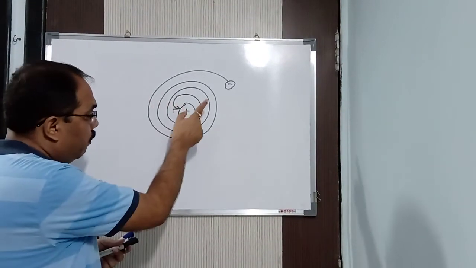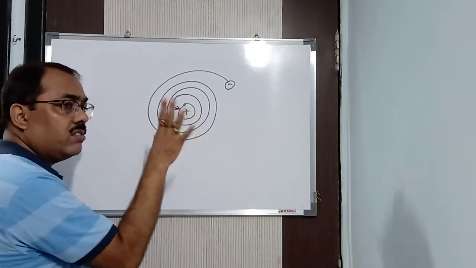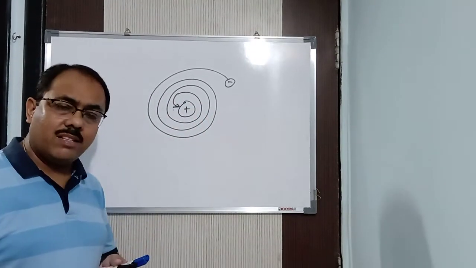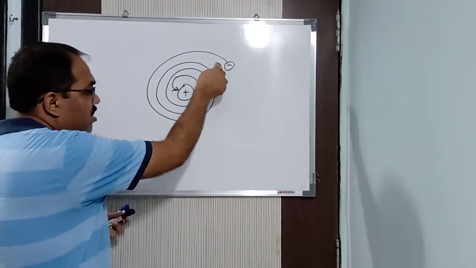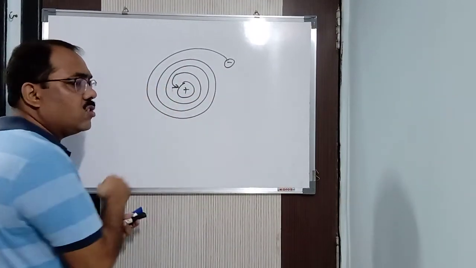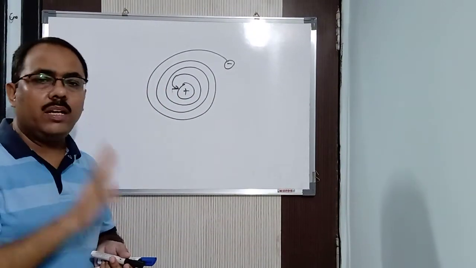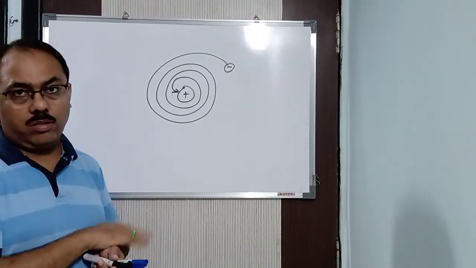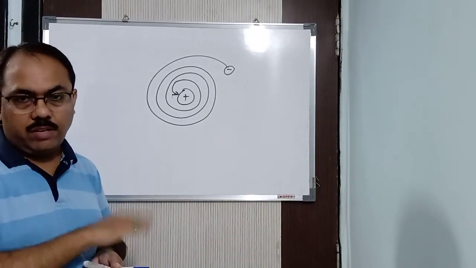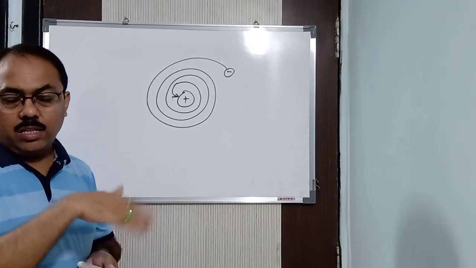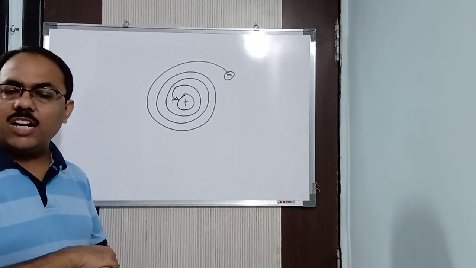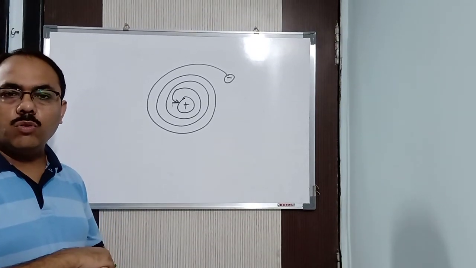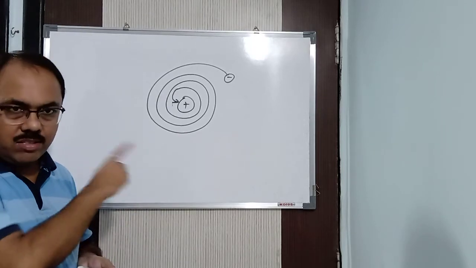They are macroscopic and they are neutral: sun, moon, earth and all these things, planets and the sun. But here the electron is a charged particle and the nucleus is a charged one, and it is microscopic in nature. So there is no comparison, first of all. We cannot compare it the way it has been said by Rutherford, in the definition he gave about his atomic model. We cannot do so. Why? He gave the reason behind it. That is the reason I am telling you.